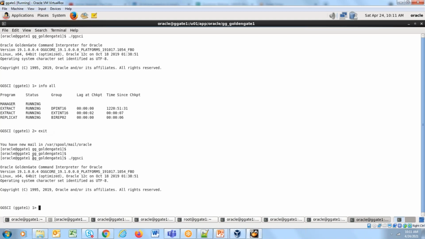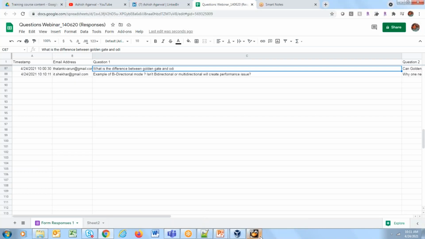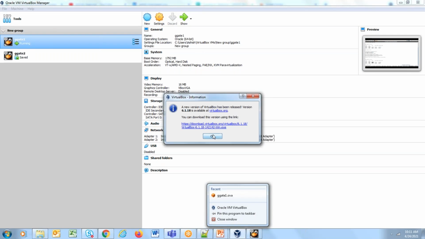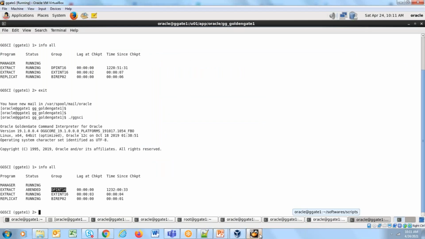So when we log in through command prompt GGSCI, we can see Golden Gate processes here. So this is extract process which extracts the data. Then this is the data pump process which sends the data over TCP/IP network. Then correspondingly, I have another VM configured, which is GGate2. I have not started it, but the corresponding replicate is on the other side. Similarly, I have also bidirectional replication available. So the extract and replicate are configured on GGate2, and correspondingly bidirectional replicate is available on GGate1.